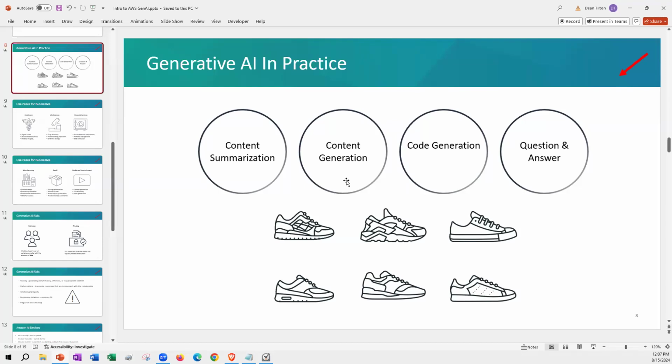Code generation, well, it used to be called Code Whisperer. They recently, as of the end of April, renamed it to the Amazon Q developer, but it can substantially reduce the amount of time it takes to create a software solution by generating the code for the developer built into their integrated development environment,